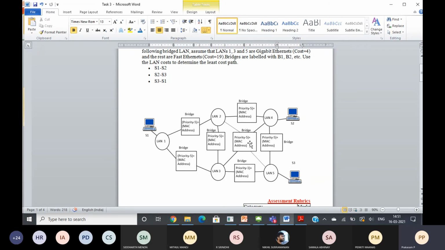But the only thing you should keep in mind is that you should assume the priority for LAN to be greater than the priority of the bridges. For the priority of bridges, we will give it in the problem. The same thing you have to assign in your NetSim.